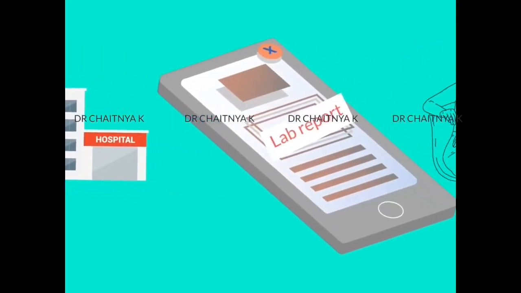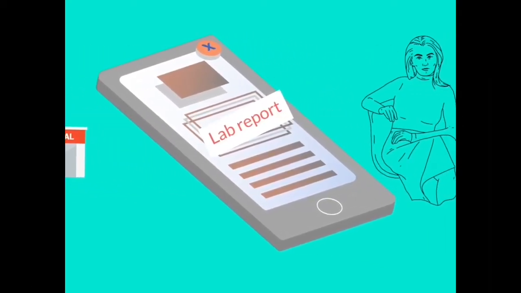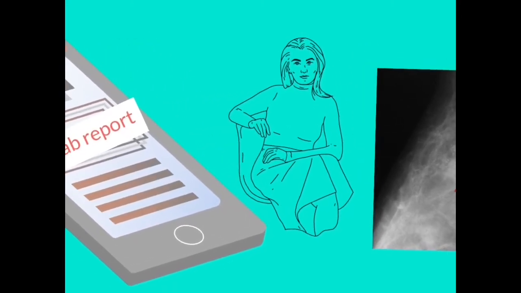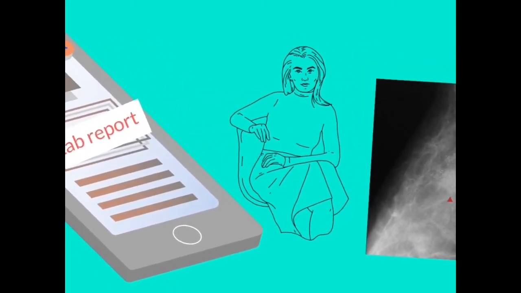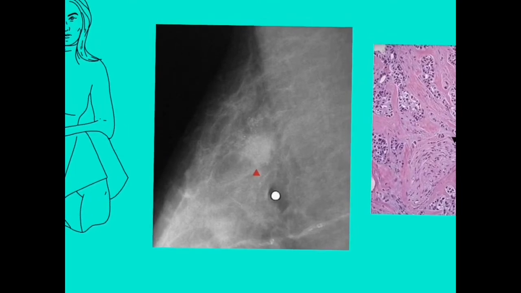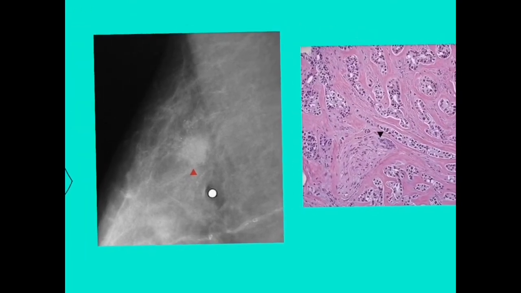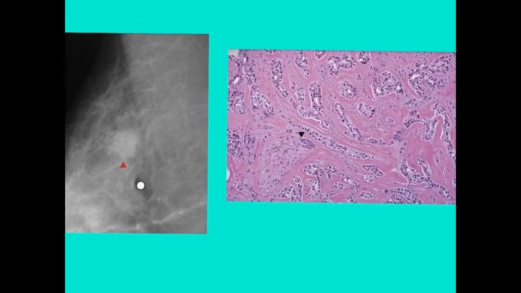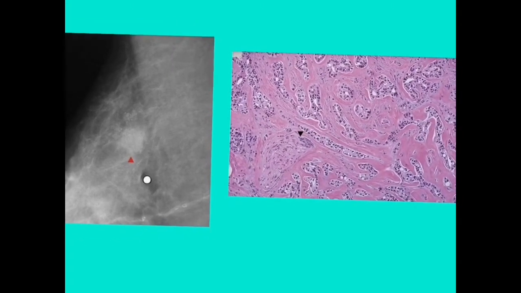One fine morning, a month after her trip, she got a lab report of her mom, who had been having a breast lump in the right breast for a long time, like 5 to 6 months. She got the report with the x-rays and a histopathology photograph. She was surprised to see that and was not able to diagnose the case on the histopathology itself. So today's practical is regarding this x-ray and the histopathology.